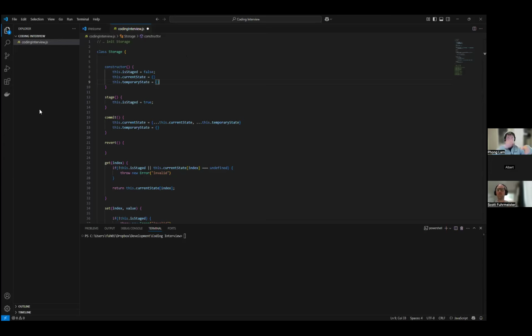Because then they can call revert 5 times and forward, and then you have to check if it's out of bounds. Versus if you use a stack, you just need to check if the stack size is empty, then you know that you can't go any more, right? I think that's probably a simpler approach.